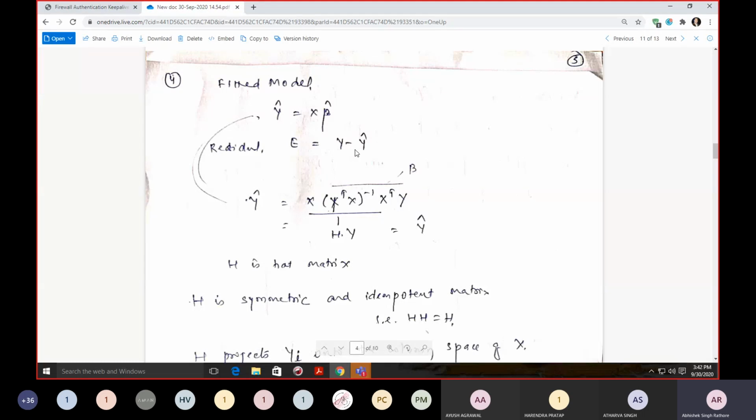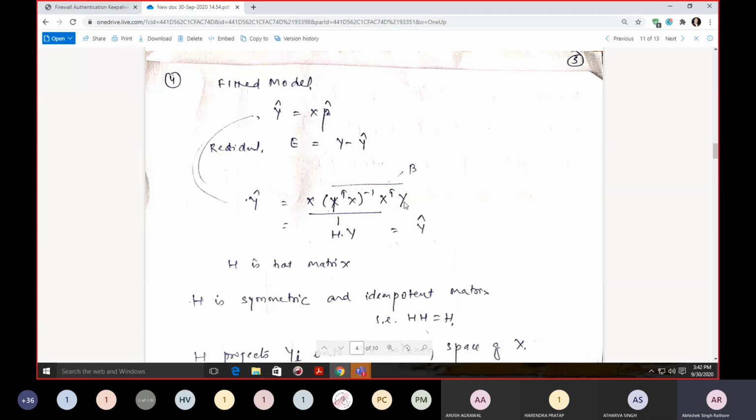When we put this value, here in place of y I put x beta again, and what we get is that we have the hat matrix available here. So this is my beta matrix, and we can place the values of beta here. In this equation I will put the value of my beta. So this is x, and this beta is just x transpose x inverse into x transpose y.